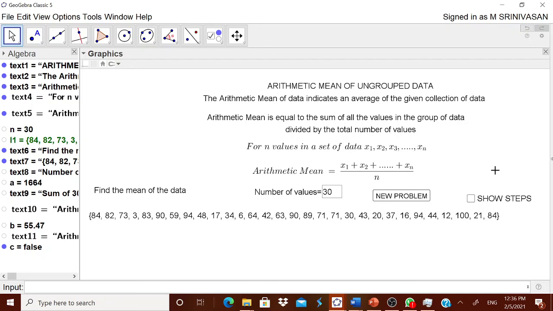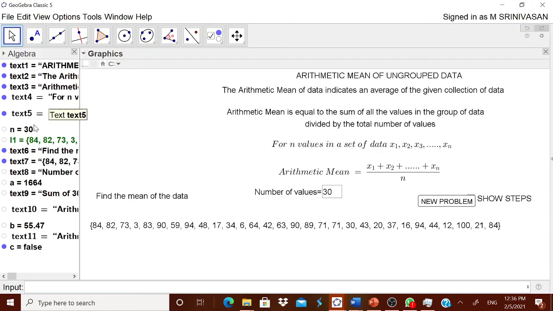Now the formula, I think already I have told you, you should be very careful. This is the formula. Sequence within the bracket random between 1, 100, m, 1, n. Where this m, don't touch it. 1, 100 means you can have from 1 to 50 or 1 to 200 or 1 to 300. And the last number small n is the number of values you want. But I don't want to go beyond 30 because it will go outside this screen. Therefore, I have done only maximum 30 and I have shown to you.